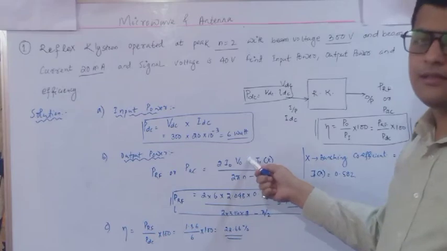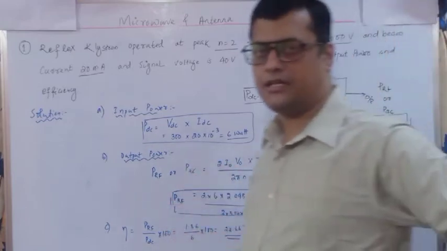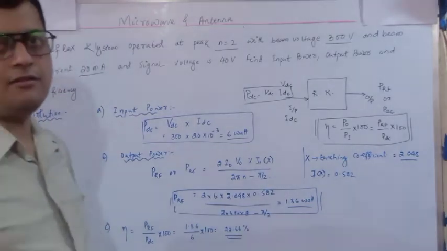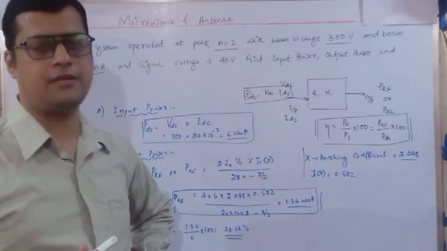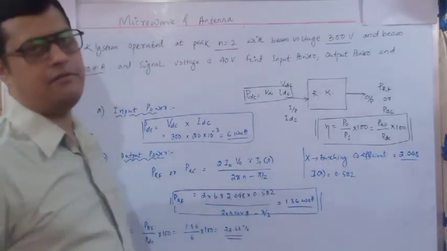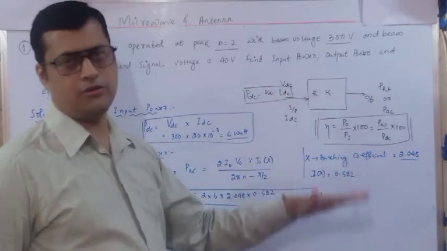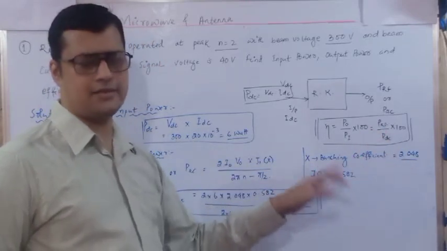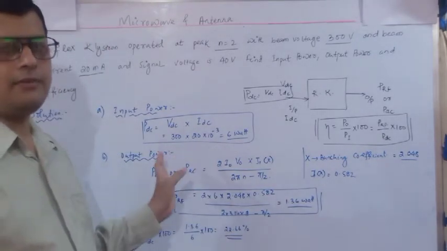Now here, what are the other parameters? One is x, that is a bunching coefficient, a bunching parameter you can say, and similarly J1 of x is the Bessel function, because continuously n number of electrons are bunched together at 3/4 of the positive half cycle of that RF cycle, in which we are determining these particular values. Okay, so these factors will be given to you, or if not given, you can directly consider x value as 2.048 and J1 of x as 0.582. Substitute these values over here, solve it, and you can determine the RF output power.